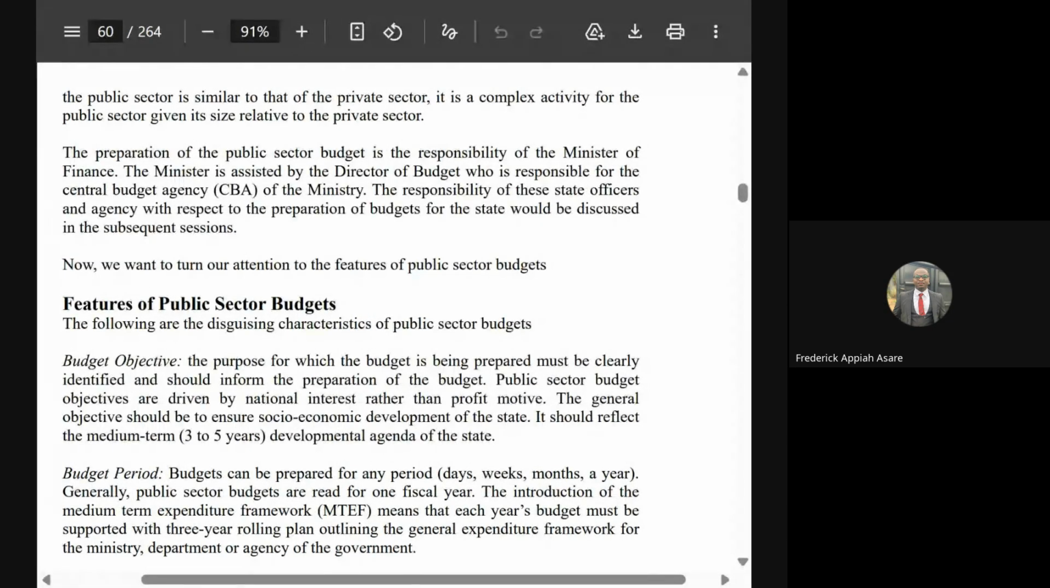Now, the preparation of the public budget. The national budget is the responsibility of the Minister of Finance. However, the minister is usually assisted by the Director of Budget,